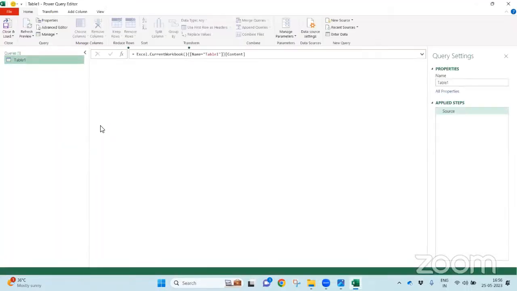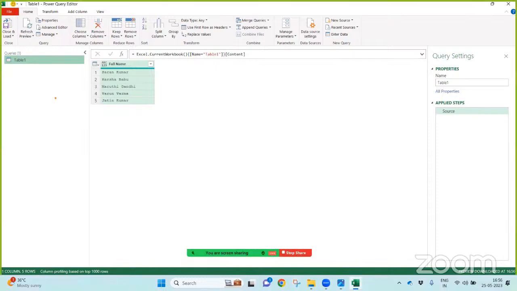Now what happened, this particular data you can find in the Power Query. The very important steps I'm going to do now, please have a look. If you observe carefully, there is a query name here called Table1, from where it has taken. And also the same query name you can find in the right side properties. And also by default, it has given a step called Source.